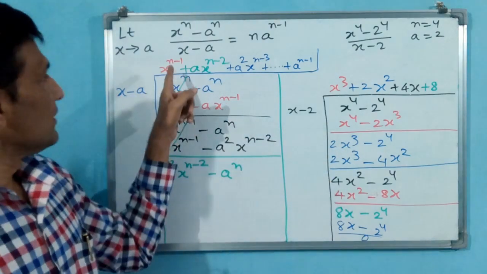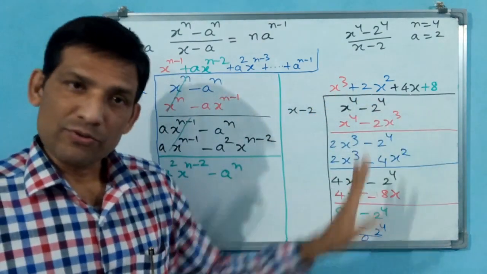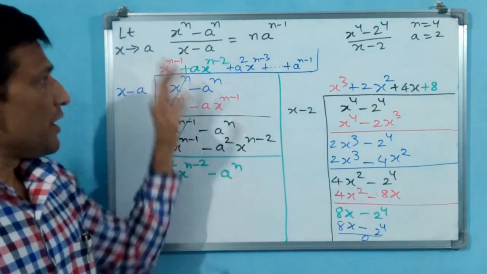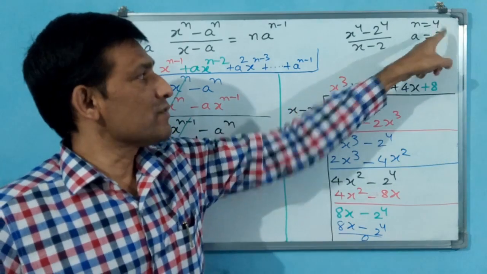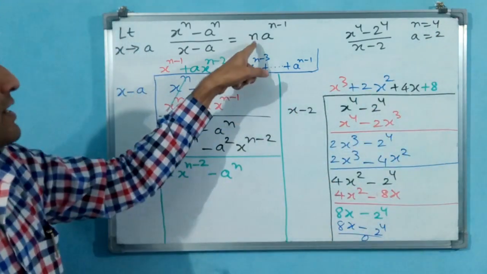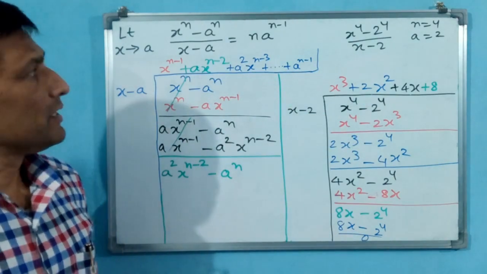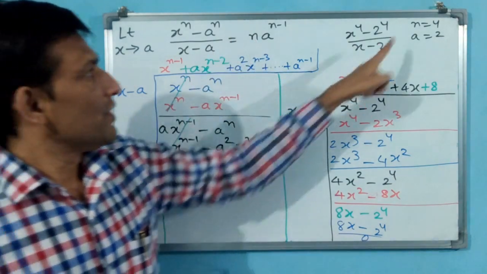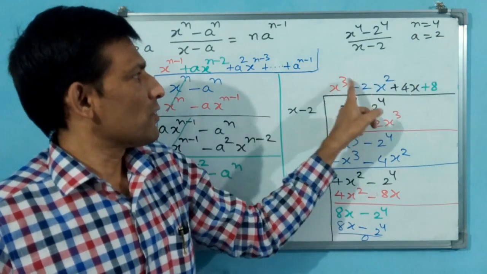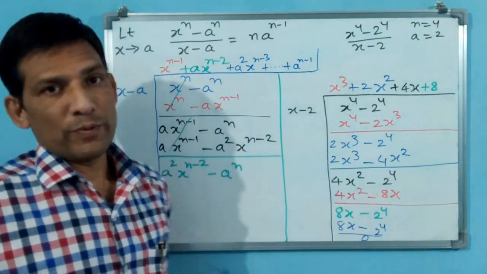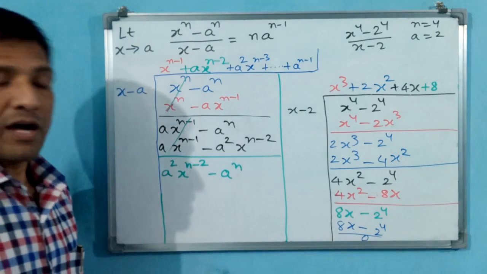By comparing, see whether this formula has happened or not. Clearly it has happened. Number of terms, you see, 4 terms. N is 4 means 4 terms. Here n means n terms will come. That you have to keep in mind. N terms. N is 4, 4 terms: 1, 2, 3, 4.